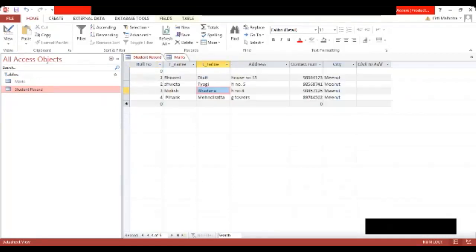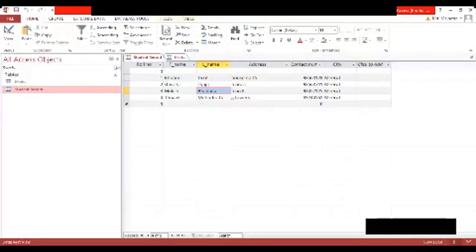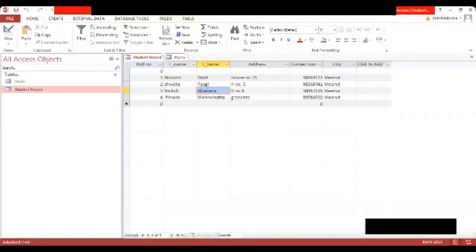Fine. Now what I'm going to do is, you all are aware of how you can create a table, how you can insert the names, how you can insert the data in the table. Everybody is aware of this. Now what we are going to do is create the relationship between these two tables, one for the student record and another for the marks. So in these two tables, I'm going to create the relationship. How I'm going to do it? Now listen to this very carefully.